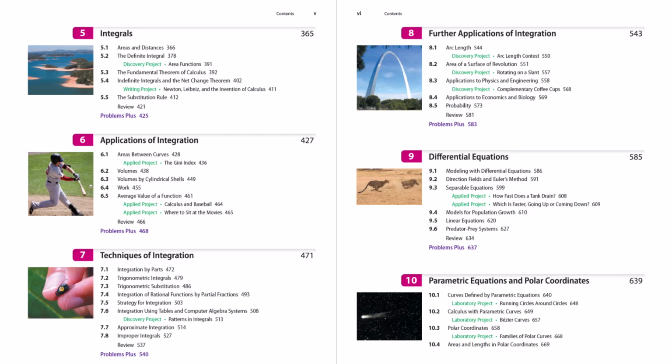Okay, we're coming to the end of Chapter 5. Chapter 5 is the opening chapter in Calculus 2, which is integral calculus. In this video, we're going to go through section 5.5, which is on the substitution rule. And so as I've mentioned, one of the primary things that we learn how to do in all of Calculus